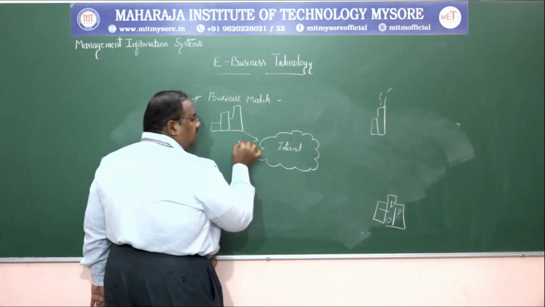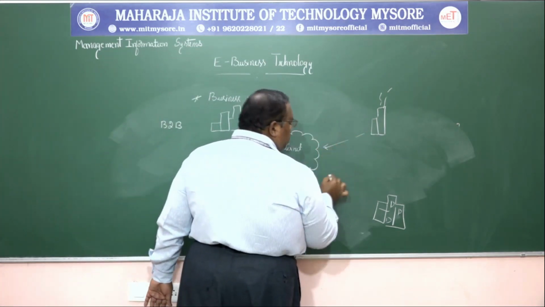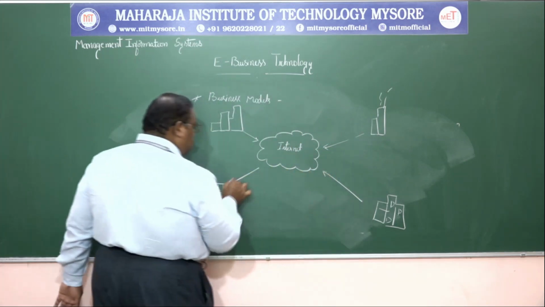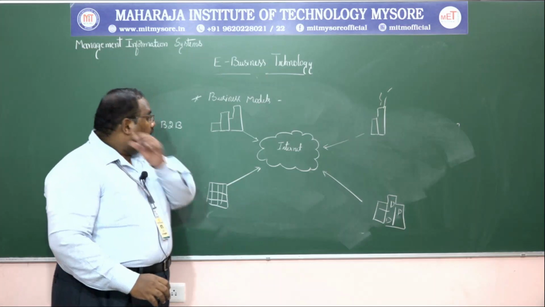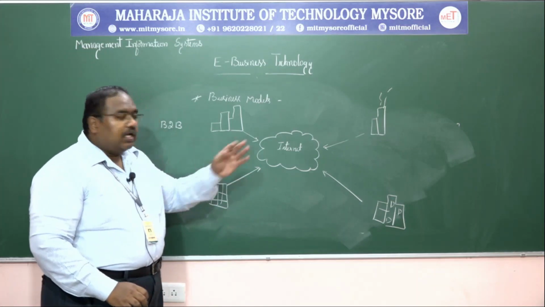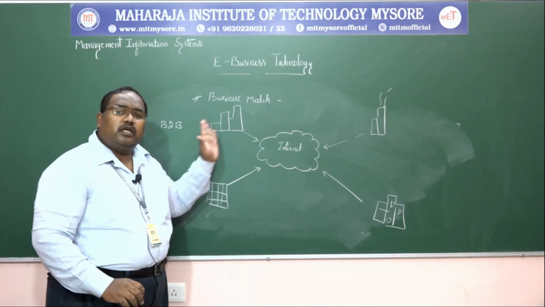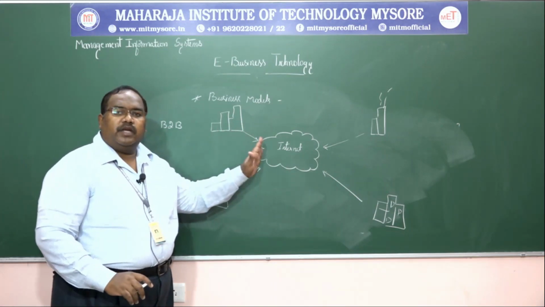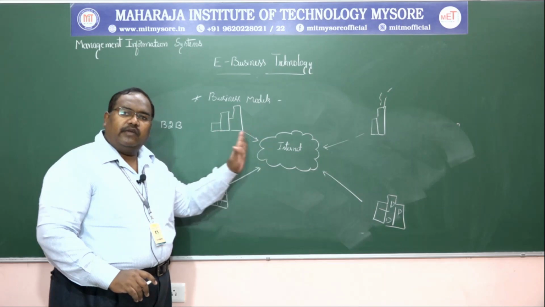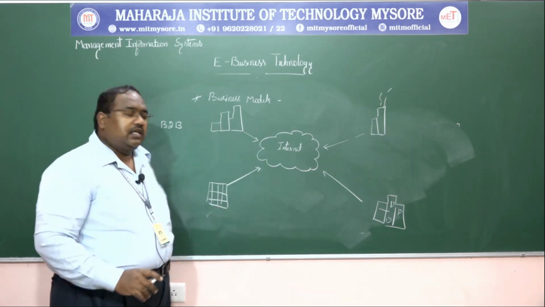So I'll connect like this. What happens here? All the organizations or different manufacturing service providers are connected to one another over the internet, through which they exchange information, buying and selling activities, providing services. Next,